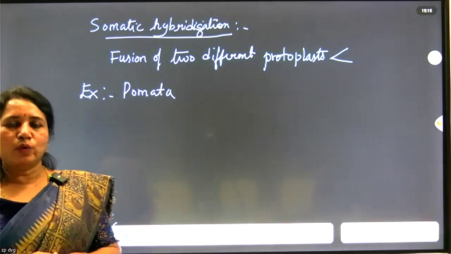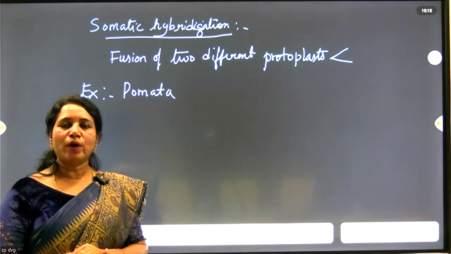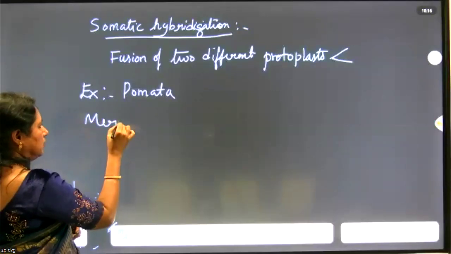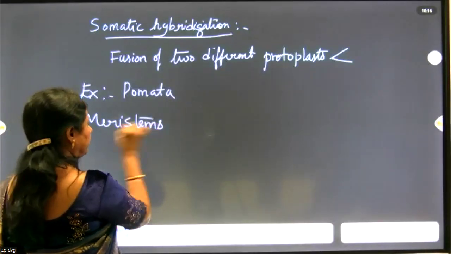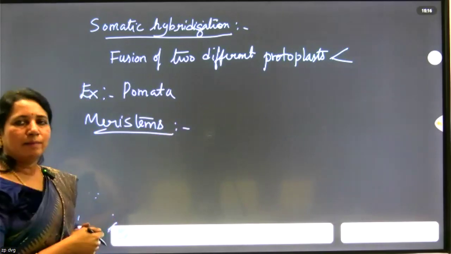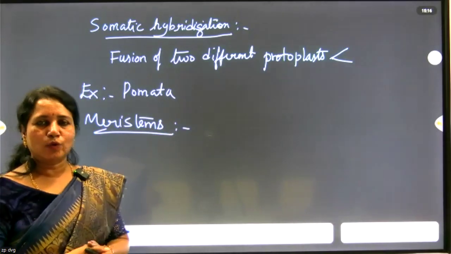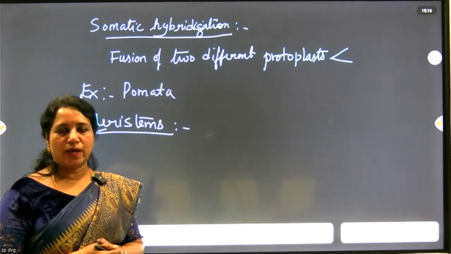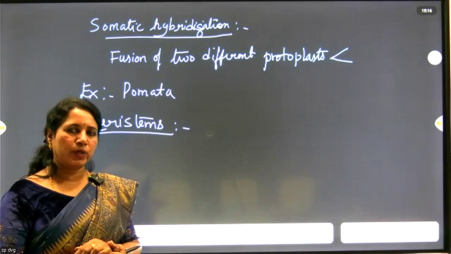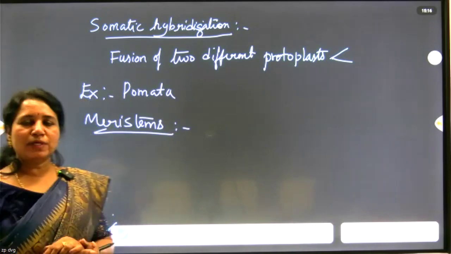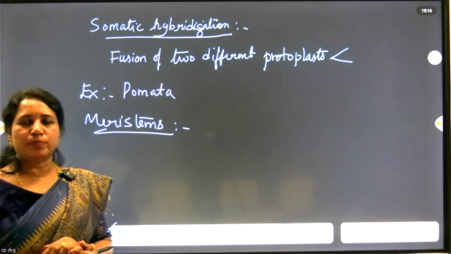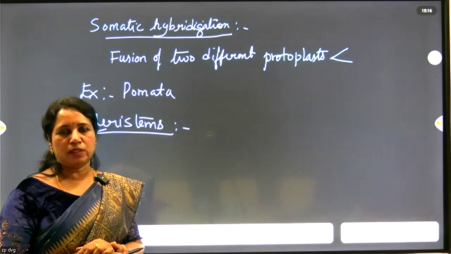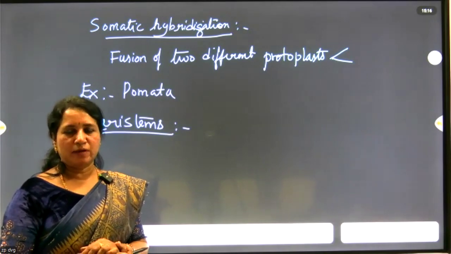Now, if you want to grow virus-free plants, what do you use as an explant? Here you are using the meristems. If you want to obtain virus-free plants, you have to go with the meristems. Meristems have a group of cells which are undergoing continuous cell division, and they have not yet differentiated into permanent cells. This is called meristem culture. It's also a part of micropropagation. It's also a type of tissue culture where meristems are mainly used to produce virus-free plants.